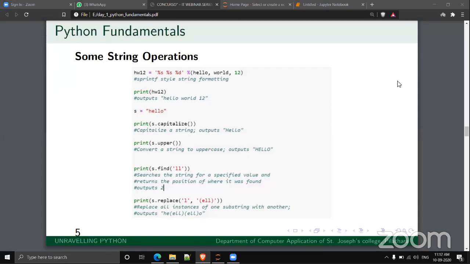Anyone need any clarifications on this part? Any doubts? Is that clear for you? Yes, sir. Okay, so we can move to the next part.